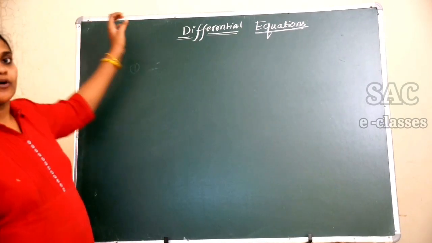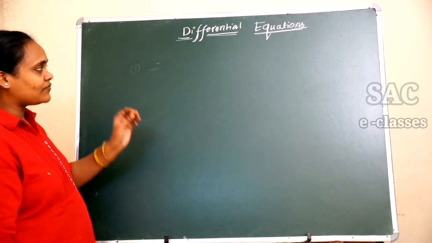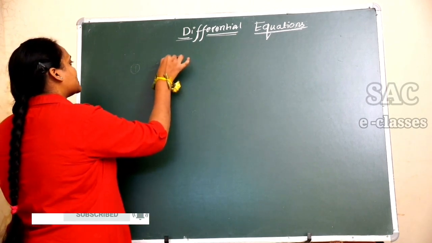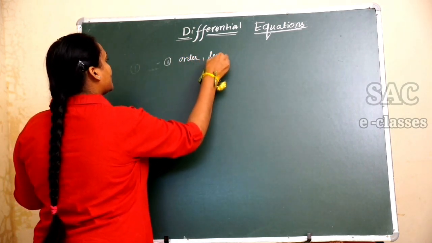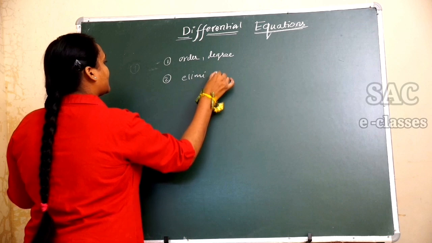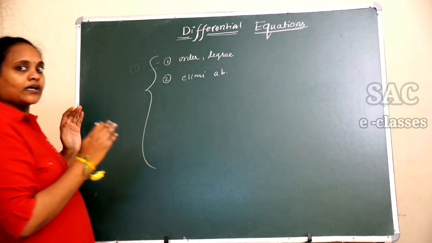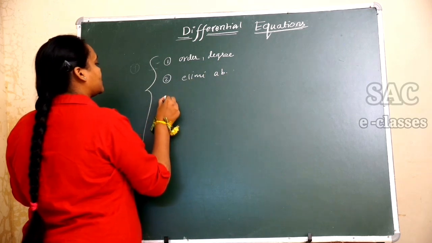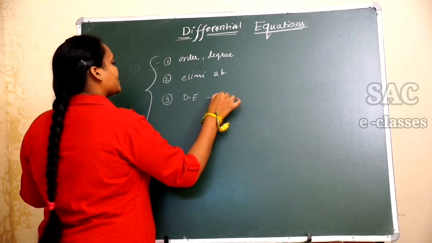Whenever you get an idea about the differential equation, you should first learn about order as well as degree. First of all, what things you need to focus on in this topic, let me list out. Those are order, degree, and the elimination of the arbitrary constants. I am explaining these topics with respect to your competitive examinations, in what way they will ask you the elimination of the arbitrary constant. The third one is the solution of the differential equation whenever it is homogeneous.